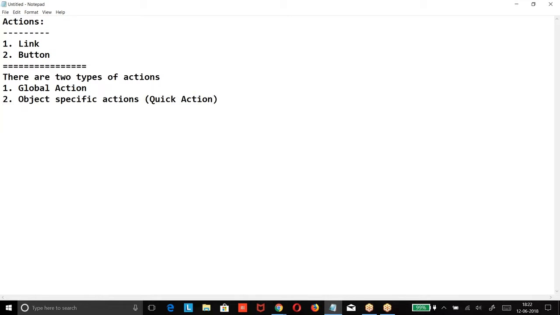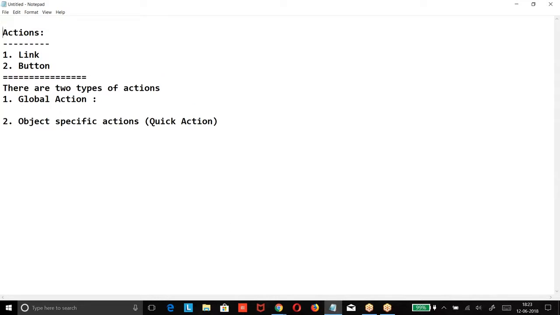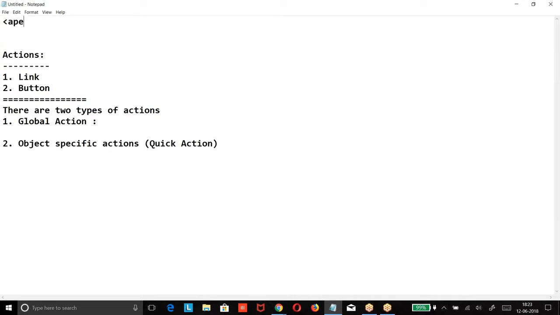Now, when you say global action, these buttons can be included anywhere in the application. They are not specific to any object. If I am creating any functionality on account, that button should be included on account only. An example, I'll give a reference of Visualforce again for understanding. If I want to create a button on the account detail page, what do we do?